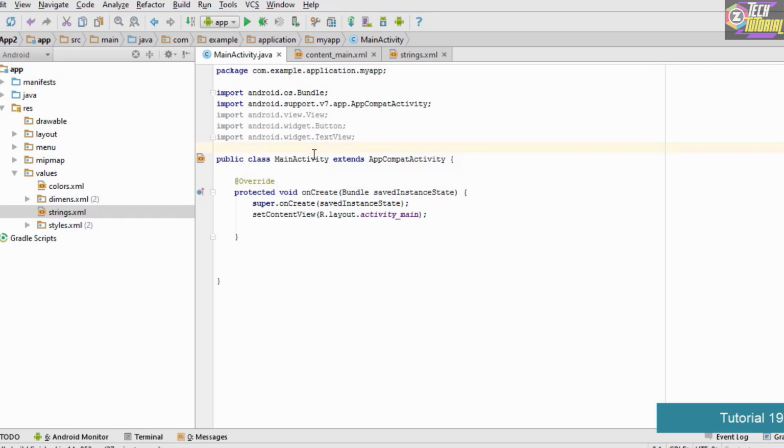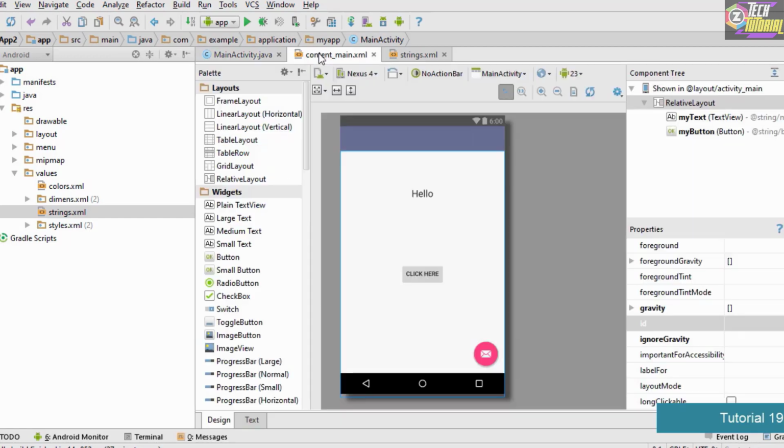Hello and welcome to this tutorial. In this tutorial we'll be writing some code in order to handle the event. In the previous tutorial, we created the simple interface so that we could use this as an example for event handling. What we are trying to achieve here is that when we click this button right here, the text right over here is going to change. So now let's go ahead and get started with the tutorial.